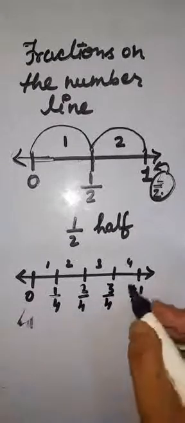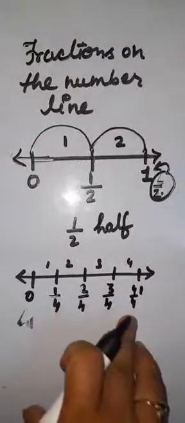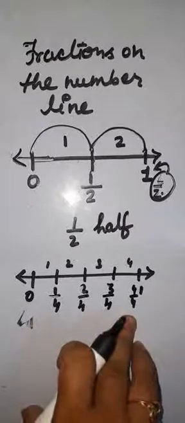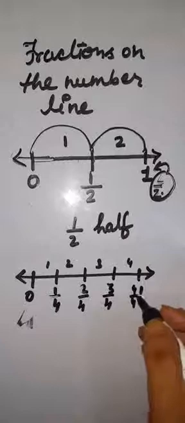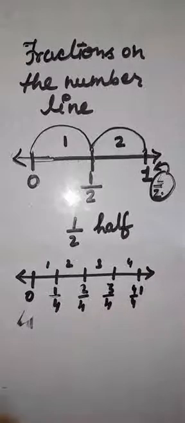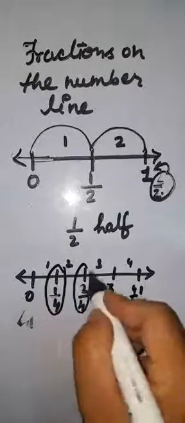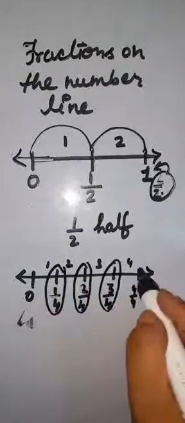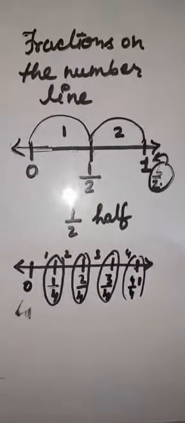And this is the whole number, right? This is the fraction for the whole. It represents the whole, so that's why we have written 1 here. We can write 4 out of 4, but we will write 1. So this is 1 out of 4, 2 out of 4, 3 out of 4, and 4 out of 4, that is 1, which represents the whole. Alright children, in this way we can represent a fraction on the number line.